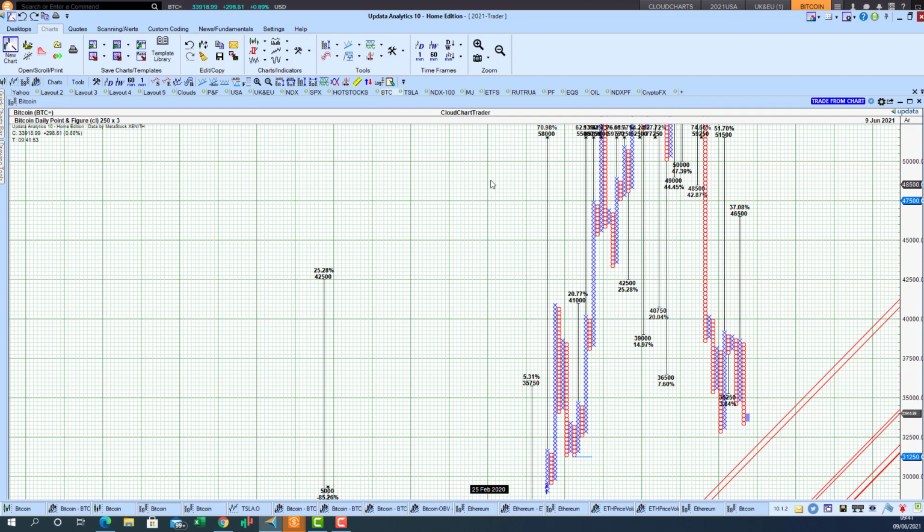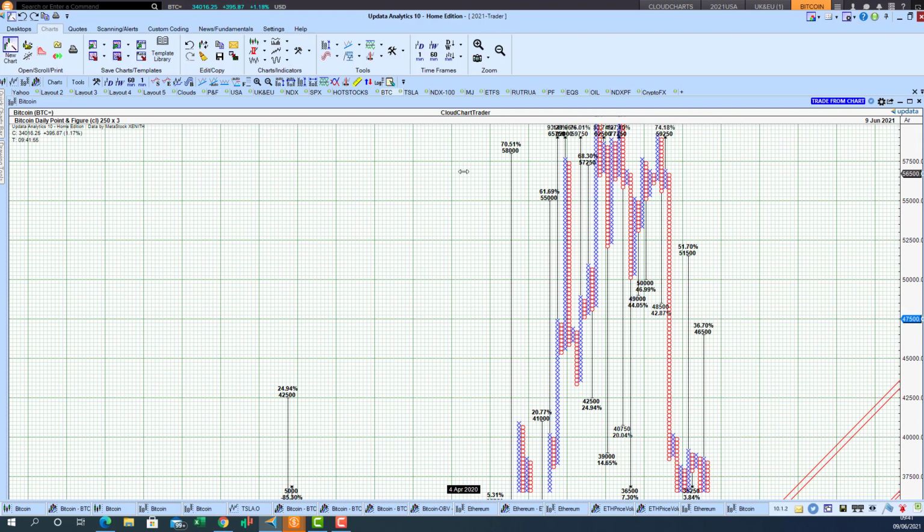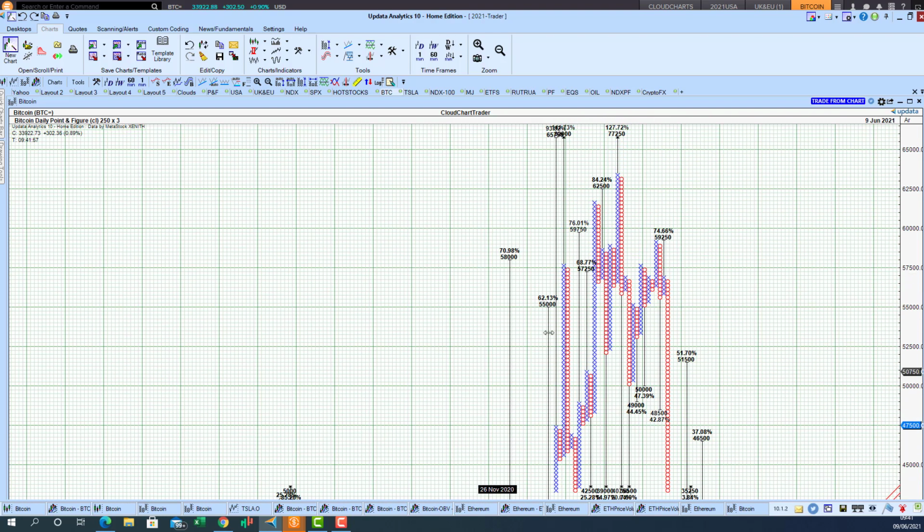But let's just recap from a big picture perspective. We've had a tremendous rally and Bitcoin took out all these upside point and figure chart targets. The last one was 62,500, but by that time the rally was very well extended, then reversed lower. So there was a point and figure chart sell signal up there, sold off, downside target reached here, rebounded from this 50,000 back up, and then that was another buy signal down here from a point and figure chart perspective,